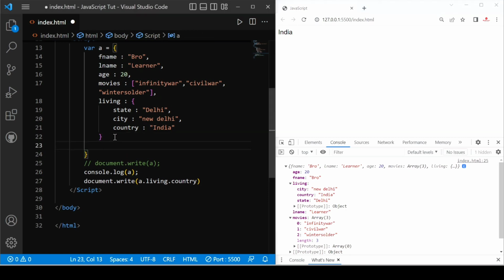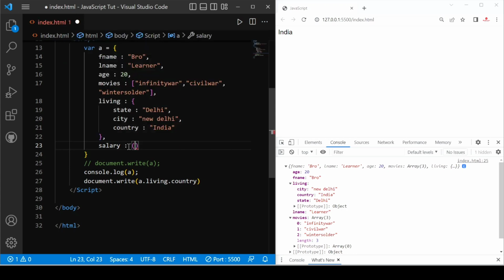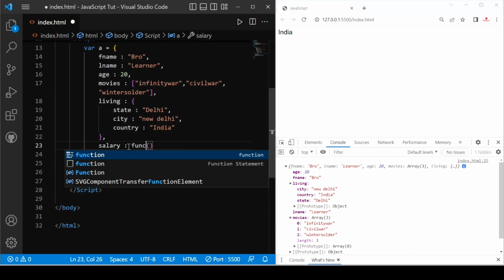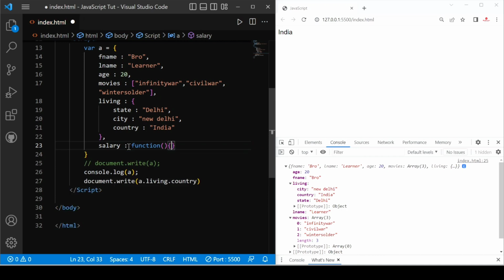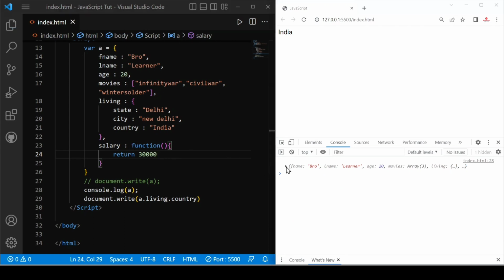After that we can also use a function here. For example, I use salary, and here first we have to separate with a comma, otherwise it gives us an error. Salary colon, and after that we use function, and here after that we provide return 30,000 and save. You can see if I now open, we have salary and it shows us